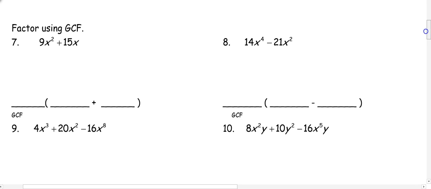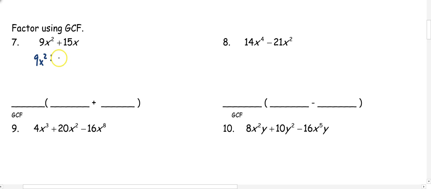So now let's try factoring using GCF. We're going to do the whole thing. We're going to find the GCF and the remainders. So when we're doing that, we're going to still use the same idea. We can either look at it and see what our GCF is, so what the numbers are divisible by, or we can continue making our list. So if we continue making our list,